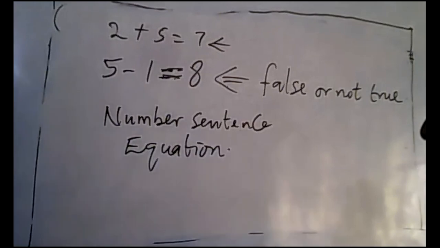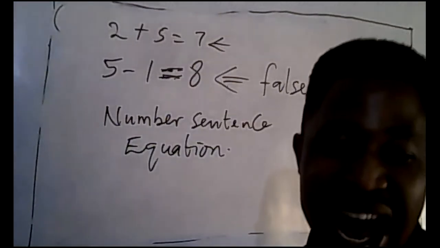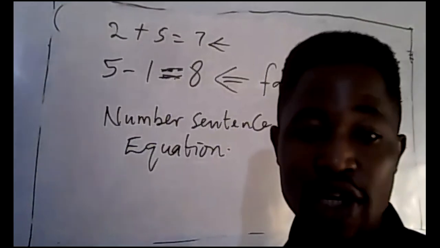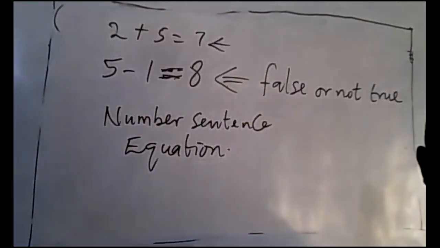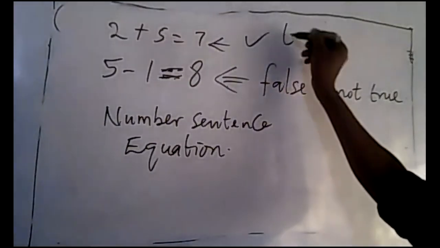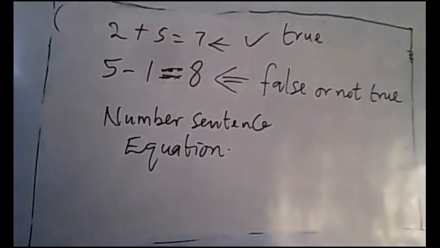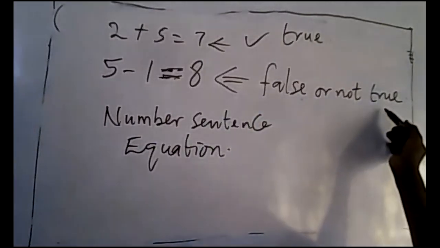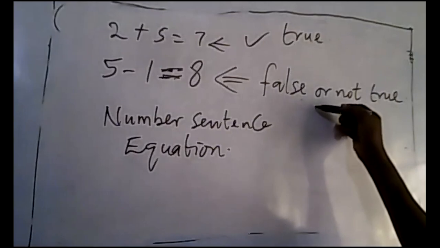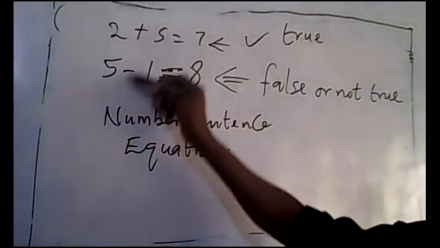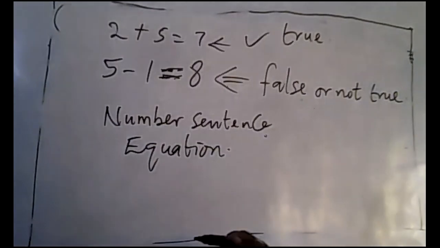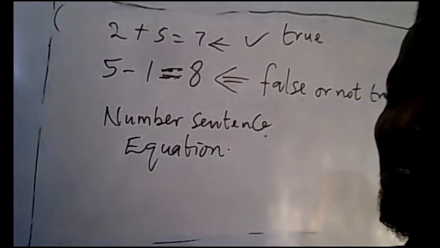So an equation is a sentence that is either true or false. You get that? This is true, a true statement, a true number sentence. This is false, it is not true. So this equation is true, this equation is false. And this, I told you, is a number sentence or equation. And I also said an equation is a sentence